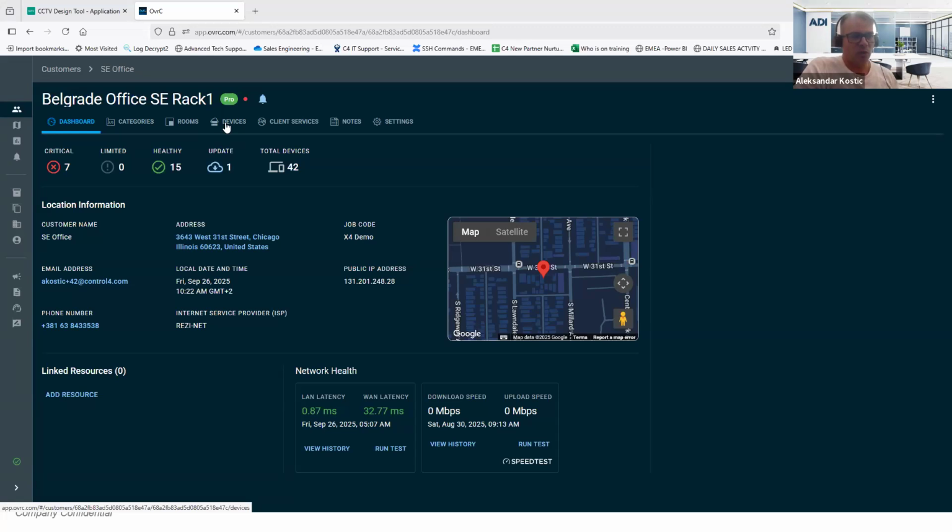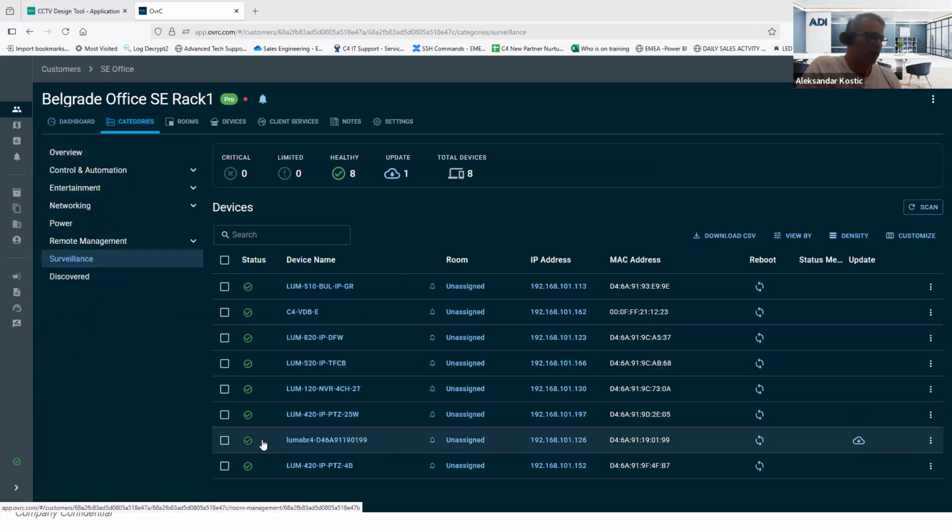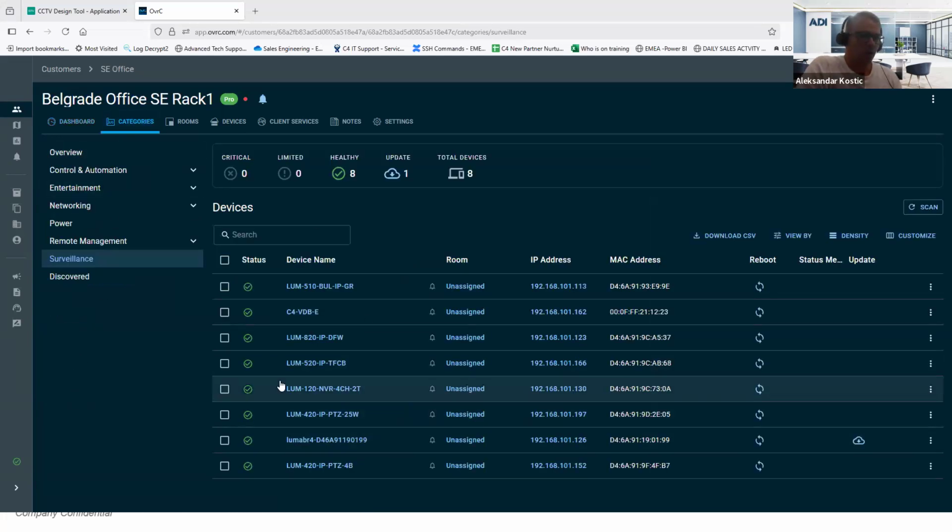If you have a project with a lot of cameras, that means that you need to go to each individual camera, log in, set the password, and go to the next and next. Using the OvrC and NVR management, you do all of this at once. So the only thing you need to do is to select your NVR